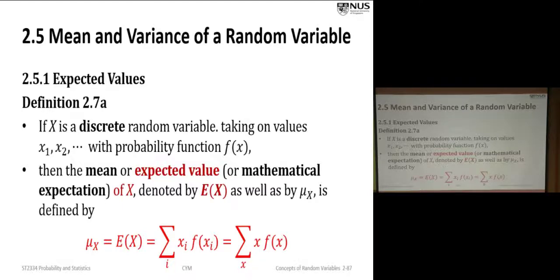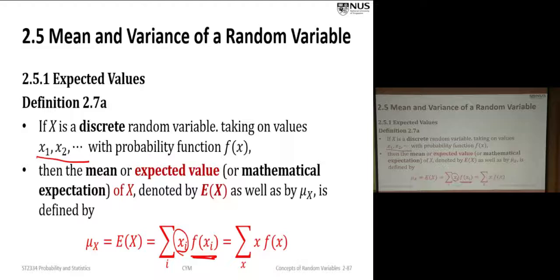So for the discrete case, we start with the discrete case. What we have is this. We have a bunch of values. And each value has its own probability. Some may have a bigger probability while others are associated with a small probability. So what we do is take a weighted average. Each value is weighed by its probability, and then sum them up. That quantity will sort of represent the center.